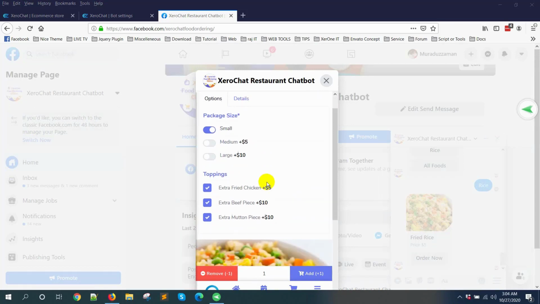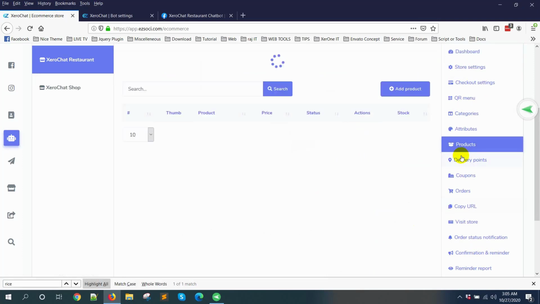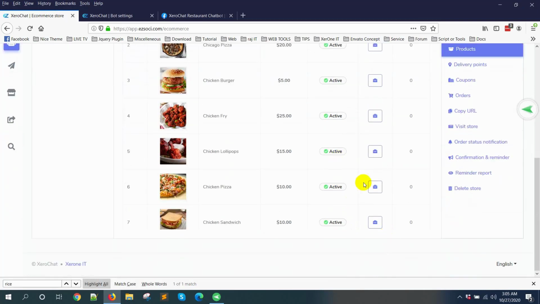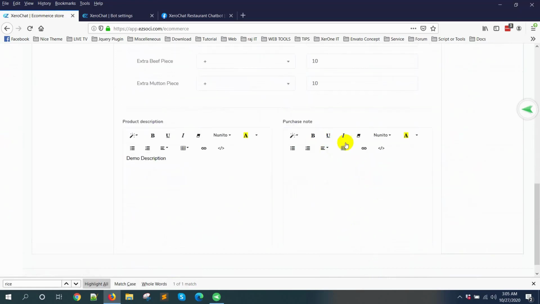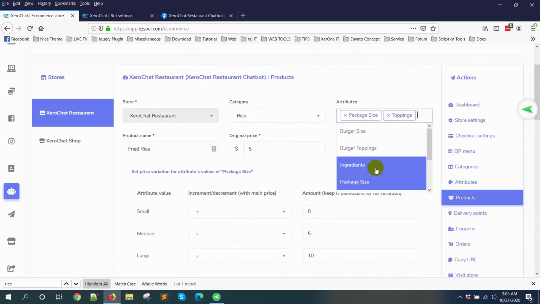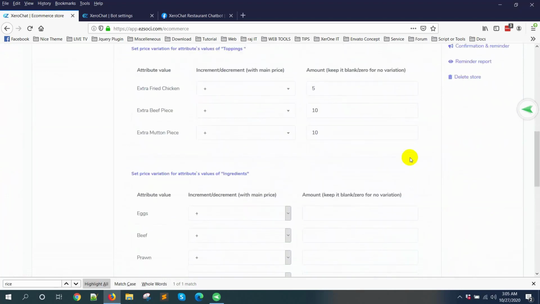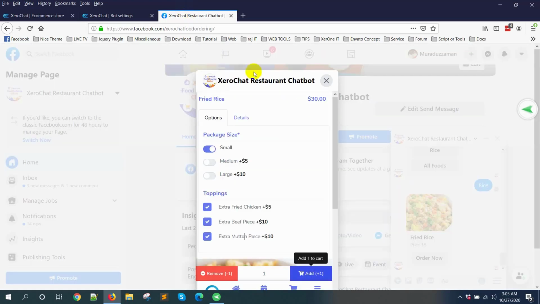Seems like I have forgotten to add a variation here. Go to my package, I didn't add ingredients for chicken fried, just clicking on edit button, selecting ingredients like beef $1, $2, $1, $2 like this, just save button.